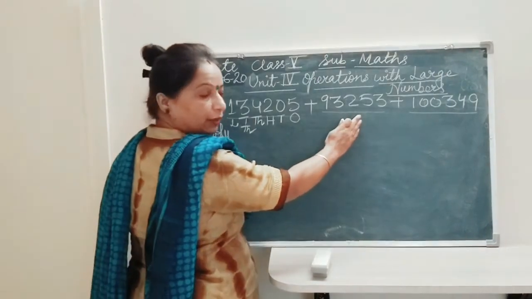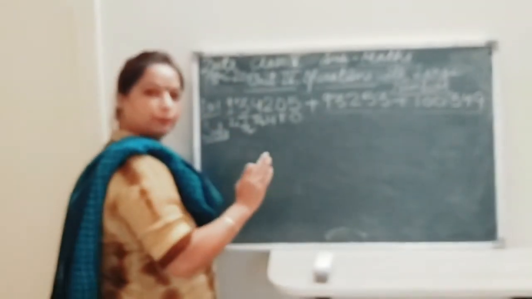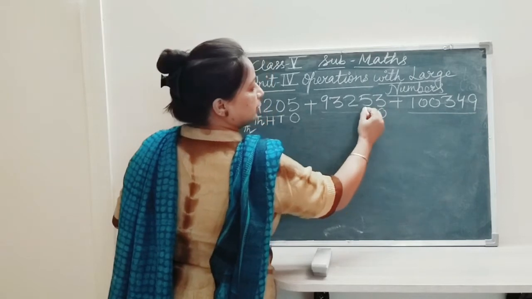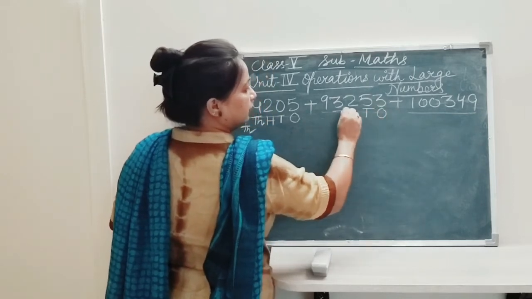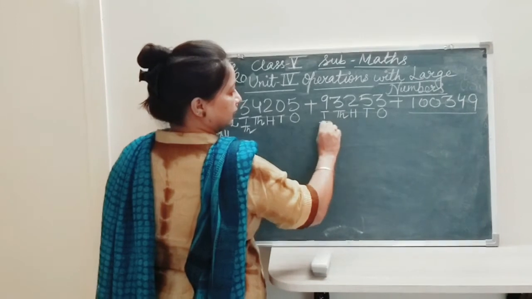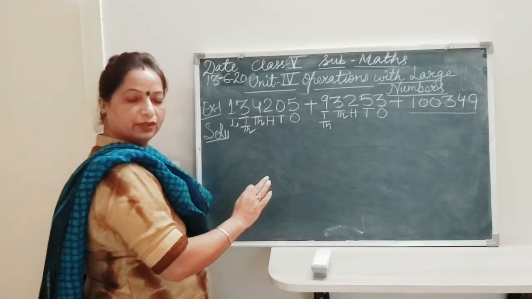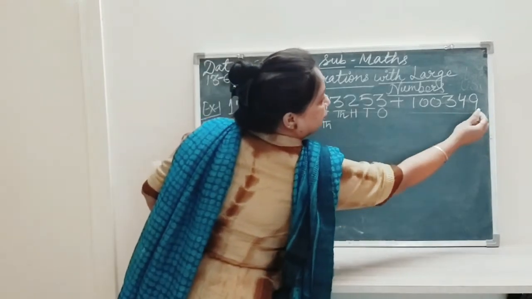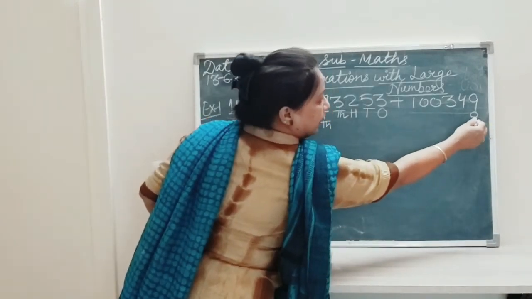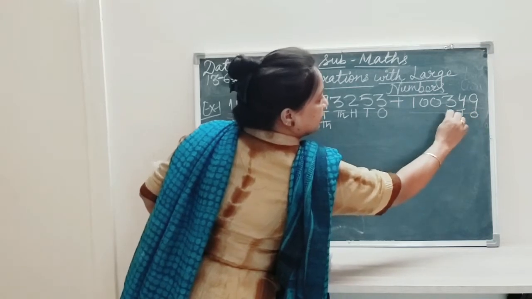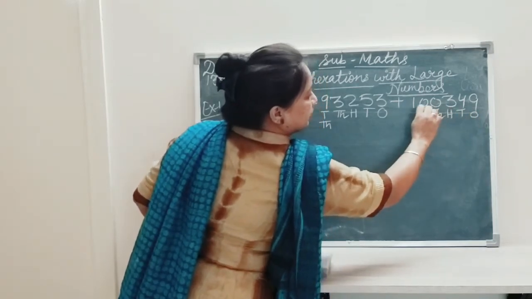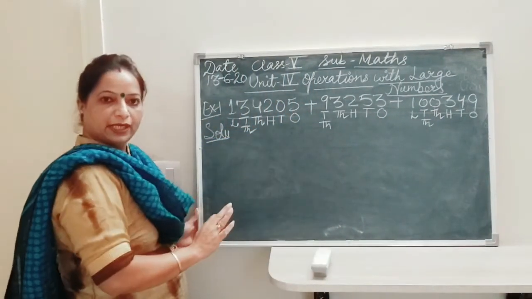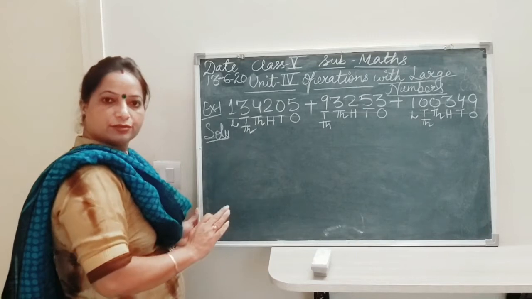Now we will take the second number. Again, first of all, we will write the place value. Let's start from here. Place value of 3 is ones, tens, 100, 1000 and 10,000. There are no lakhs over here, so we will leave it. We will take the other number. Again, we will write the place value first of all. Place value of 9 is ones, then comes tens, 100, 1000, 10,000 and lakh. We have written their place values. Now we are going to write in the solution.